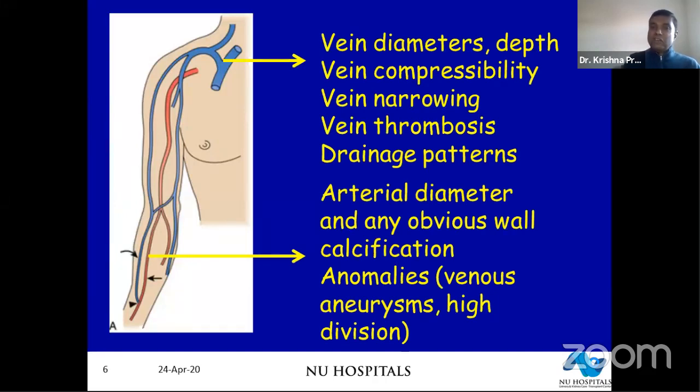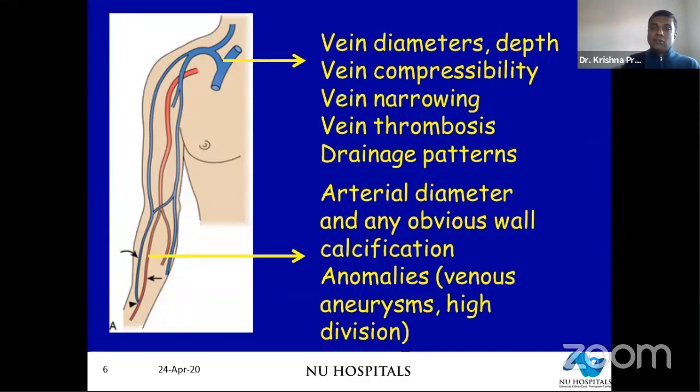We're looking at the venous system, we're looking at the arterial system, and of course, like I said, you need to probably have certain information whether the patient has had previous cardiac surgeries, like Manish pointed out in clinical, and see if the patient has had an echo and what are the ejection fractions. But in the periphery, you're looking at vein diameters, compressibility, vein narrowing, any thrombosis, and drainage patterns. And that will kind of decide where you want to do your fistula.